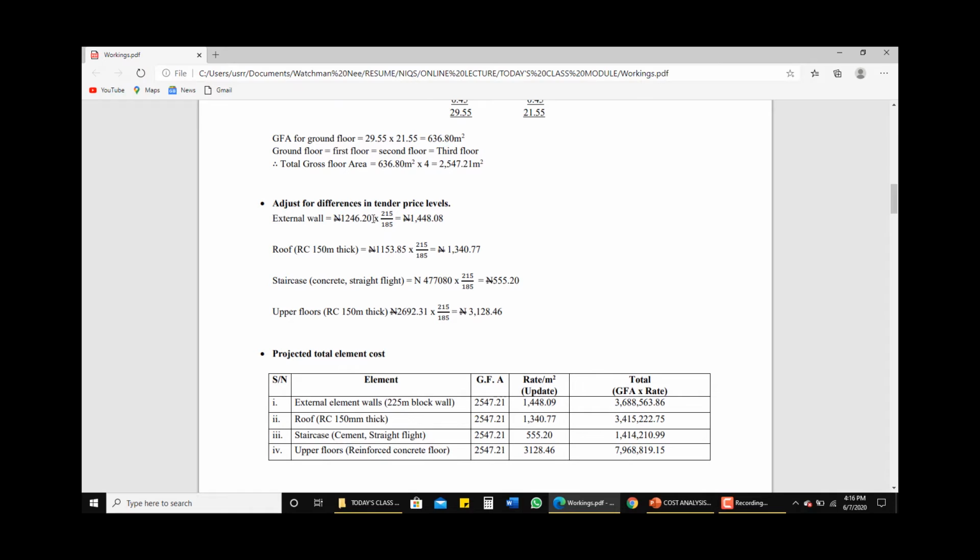Now, if you move down here where we adjust for difference in tender price level, you could see that this is the cost of the existing projects, but we want to adjust for the difference in tender price level, because now we are carrying out a cost plan for a new project, which has a different date for tender. So how do we go about this? We said this is our cost for the existing project, the cost per square meter, and so we multiply it by